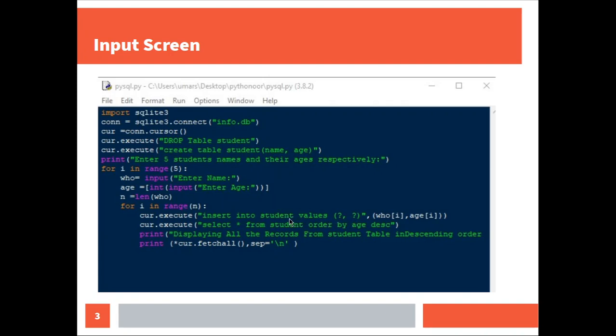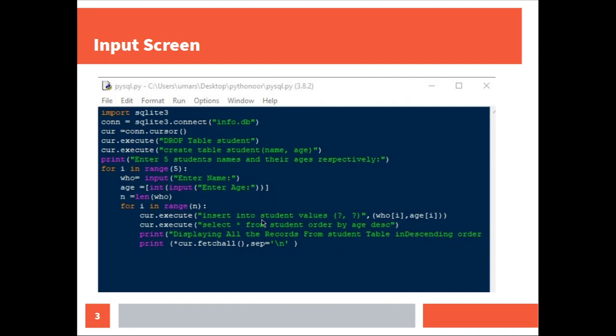Okay, so now we are going to execute a statement on the cursor, which is a select statement, which will make this data ordered in descending order. So this is the syntax for this statement. Select star from student order by age descending.